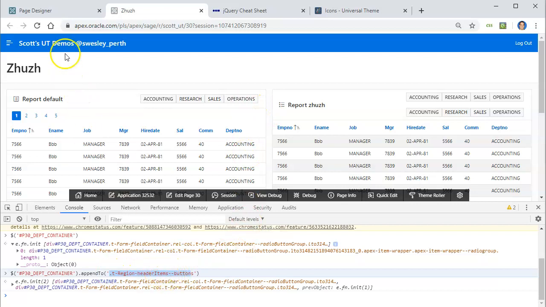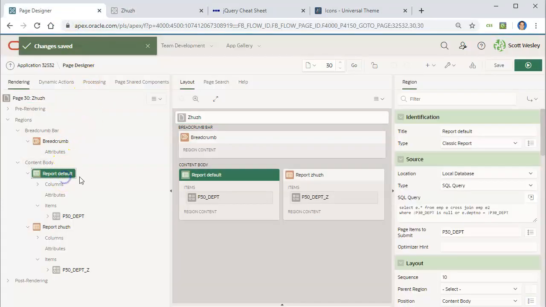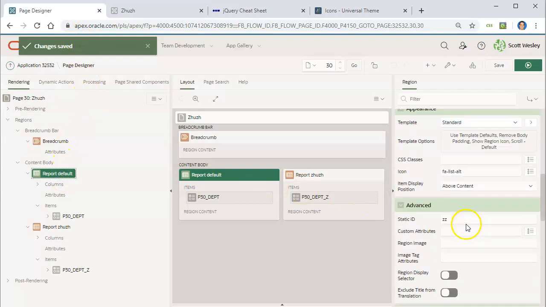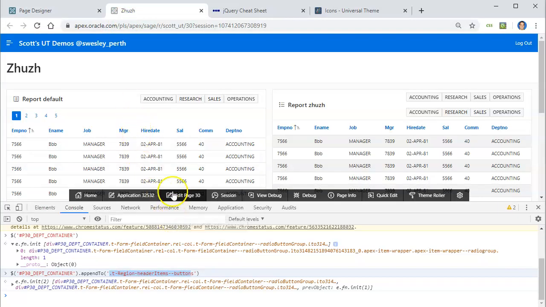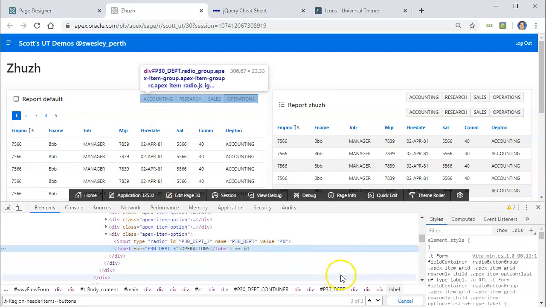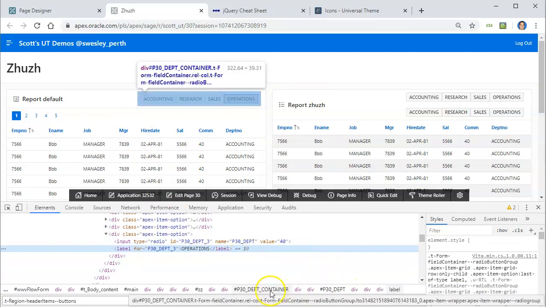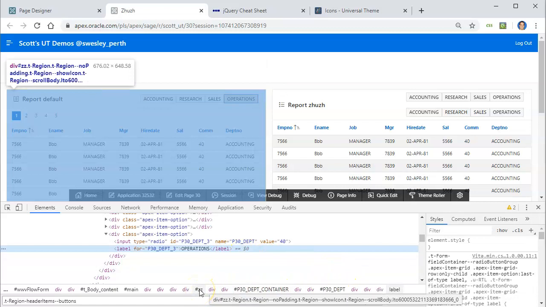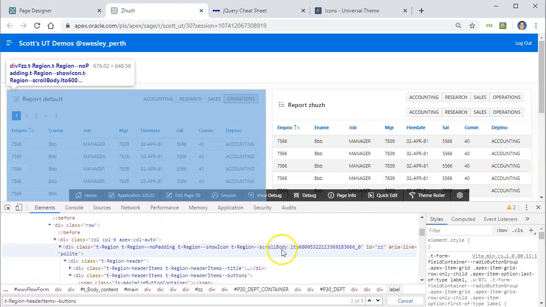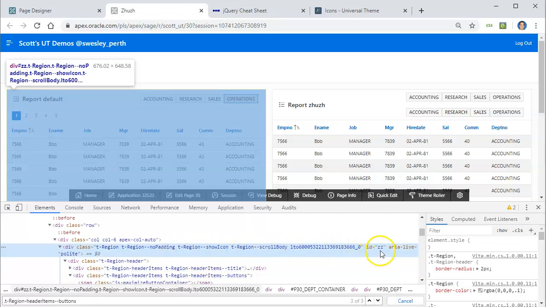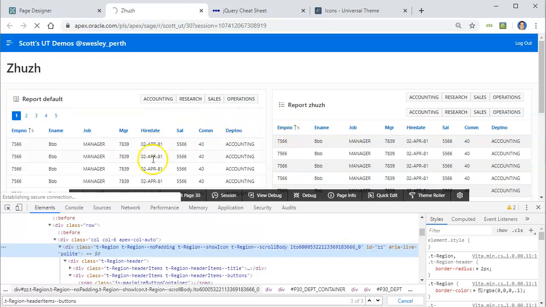So how do I get more specific than that? Well, I can go to my report, see if there is a static ID, or set one if there isn't. So in this case it's ZZ, and I can check that out. I can go inspect this element here, and I can see that this label is part of this item and this entire region. And if I climb the tree here, I can see the top of the region, and there's my ID ZZ. So if I just refresh the page